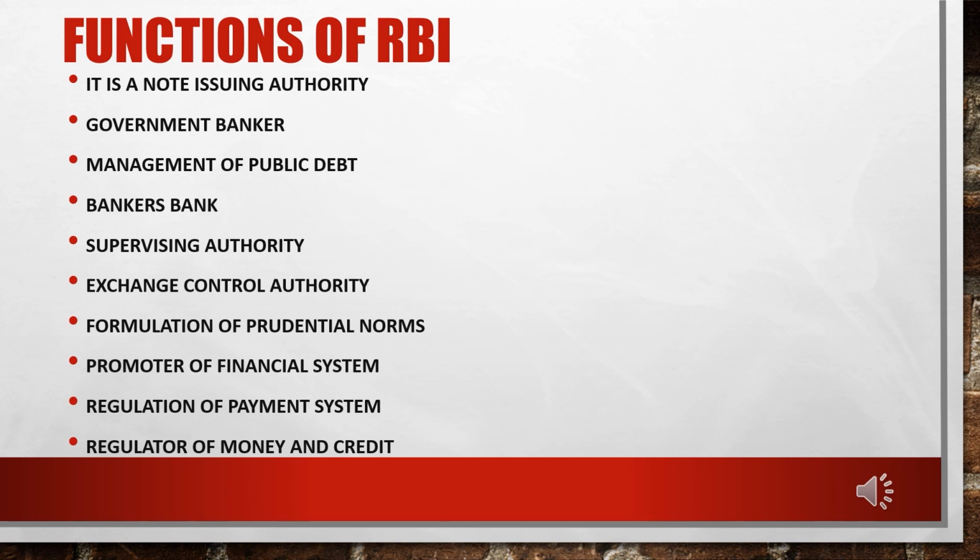So the primary function of RBI is note issuing, and it is also the government's banker, because RBI is a banker to the central and state governments. It provides all kinds of banking services to the government, such as acceptance of deposits, withdrawal of funds by checks, making payments, as well as receipts and collection of payments on behalf of the government, transfer of funds and management of public debt. All the banking operations we do with commercial banks, RBI does with the central and